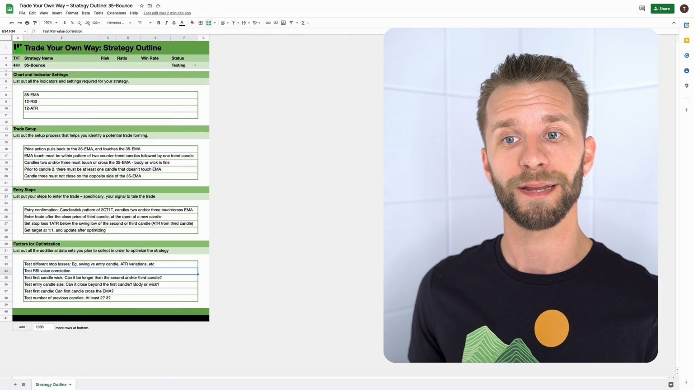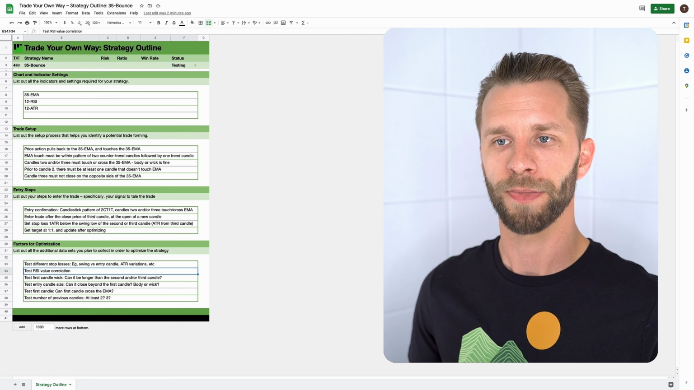So the first point being test different stop losses. In order to test stop losses, I'm going to need to know some info about the entry candle, perhaps the previous one, and what's happening with price action during the trade. I'm also going to need to know the ATR, since we're actually basing our stop loss on the ATR. Additionally, I'm going to need to gather some RSI values because I want to see if the way price is moving correlates with where the RSI sits. To ensure this doesn't get overwhelming, let's just start with testing the different stop losses and testing the RSI value